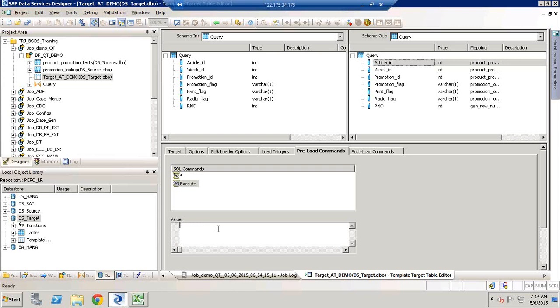So what this will do is first run the options that you give in the preload command. When the data flow gets executed, the system will come and see if there are any options that you have given here. So it will go and check for that here, right? Once it is there, it will execute this preload command, then it will pick the source and the target tables, and then it will utilize the transformation. So preload command is something like your start routine on SAP, where you will go and write a routine saying that